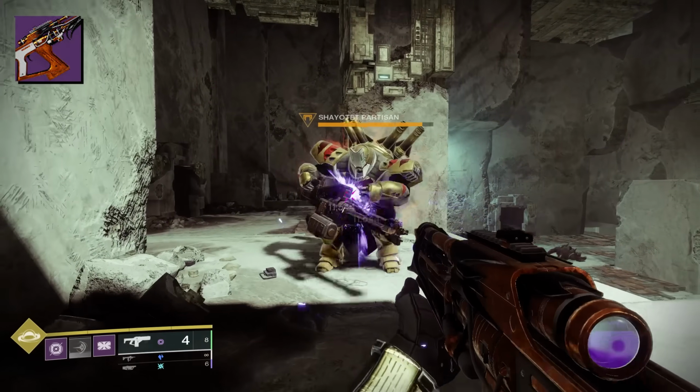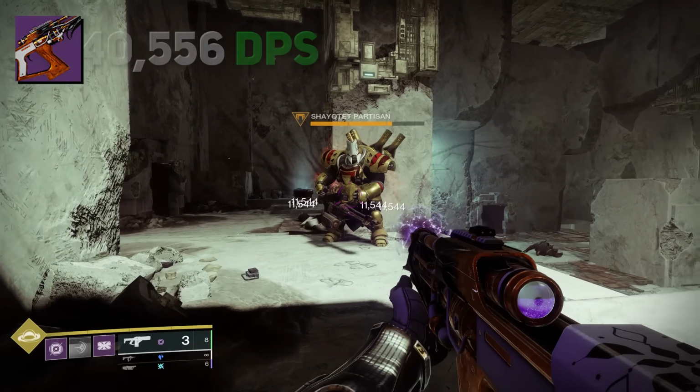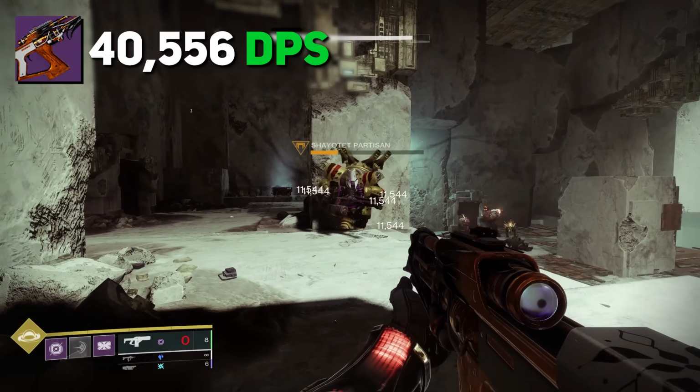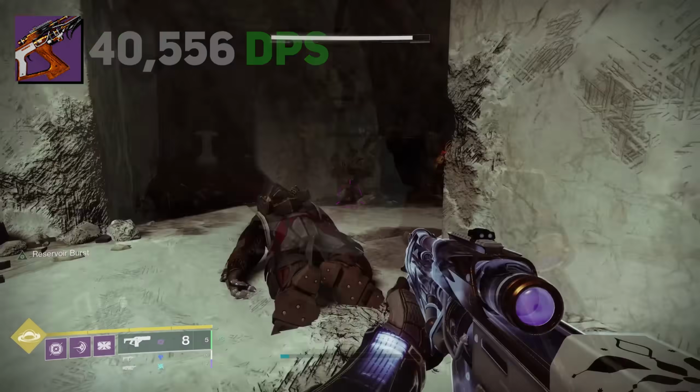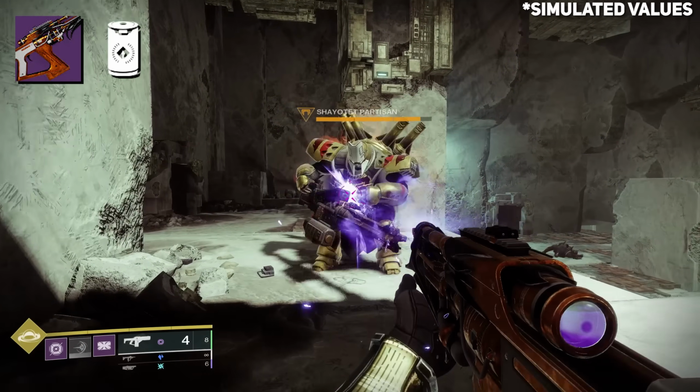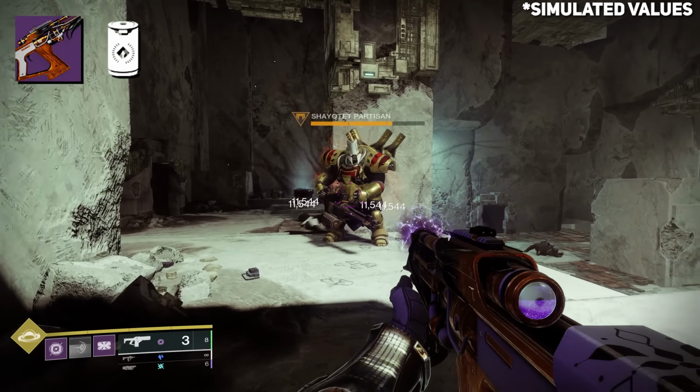Base Glacioclasm against Carl gives us a DPS value of 40,556. Now, considering overflow is what we want, everything past this point is going to have overflow accounted for. So for instance, a reservoir burst roll with overflow, proccing multiple shots of that trait, gives us a DPS value of